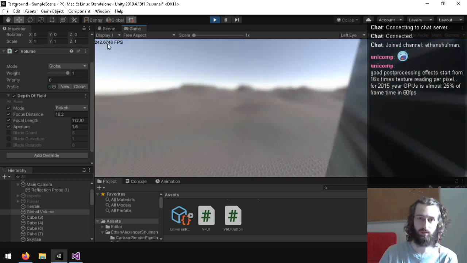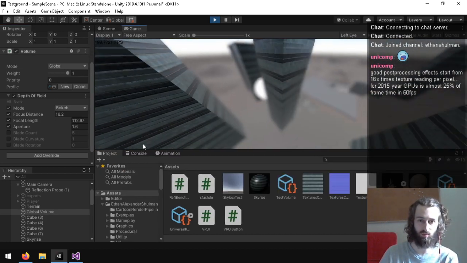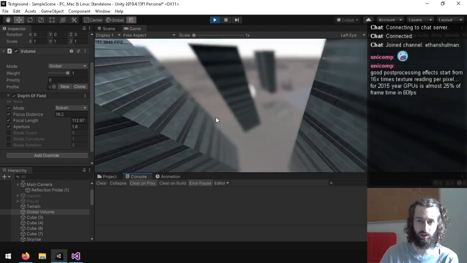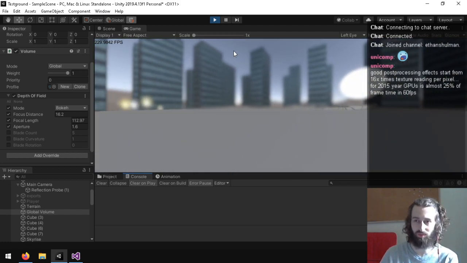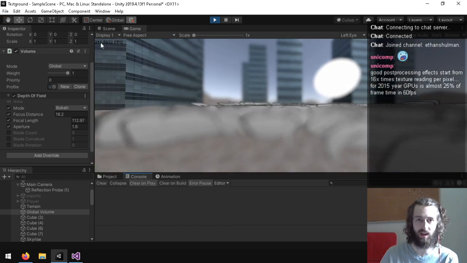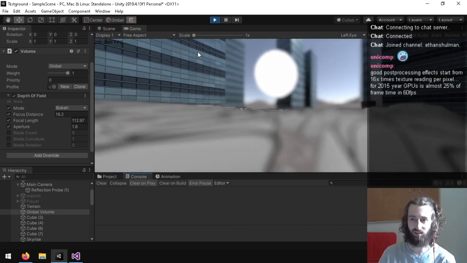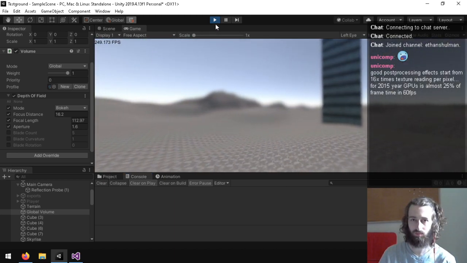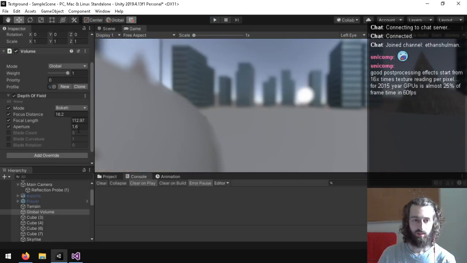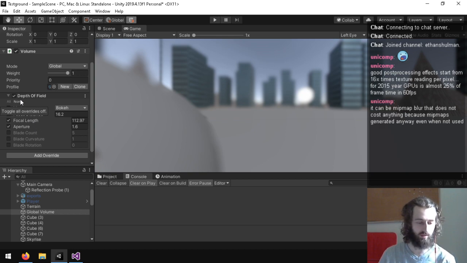Okay, actually, first of all, I think this FPS reading is wrong. I think the editor just clamps my FPS. So I don't have an actual good measurement. I think I need to build the game to actually test this FPS value effectively. But it doesn't bring the FPS below, it could be using bitmap blur that does not cost anything because bitmaps